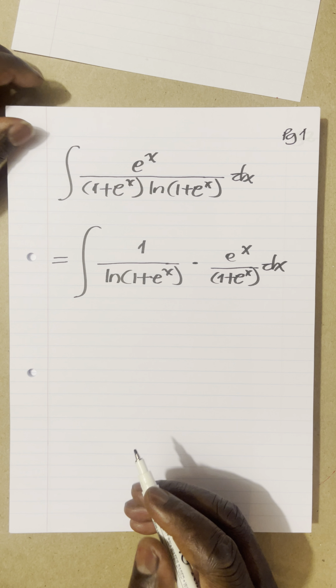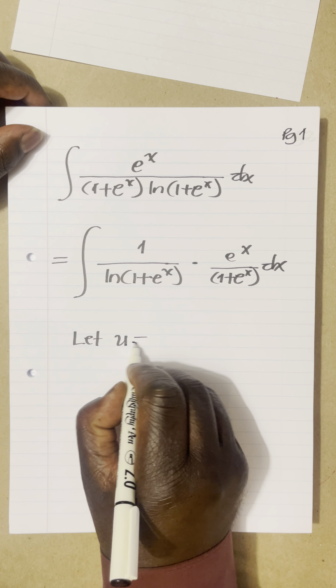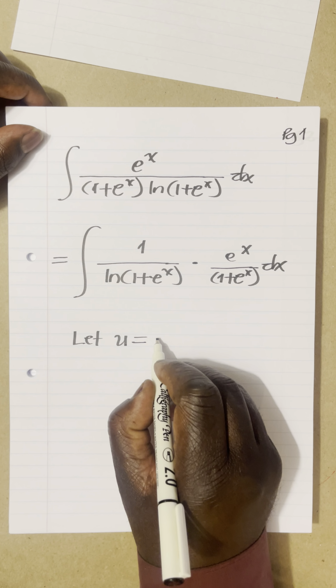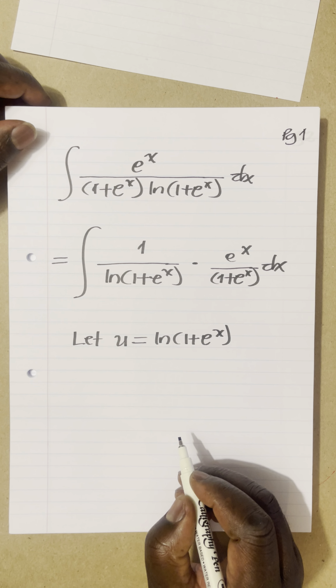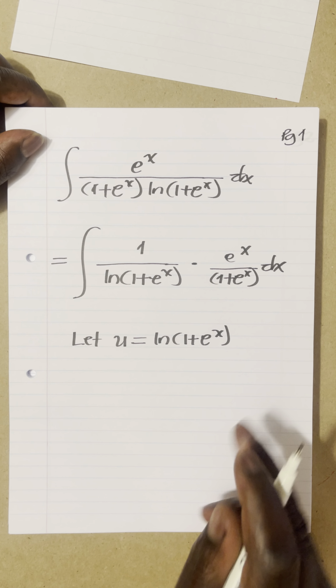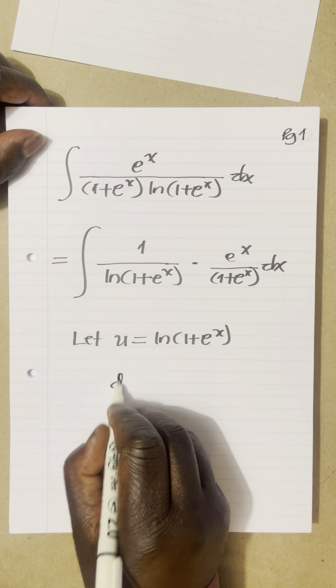Now u substitution should come in. So we're going to say let u be equal to the natural log of 1 plus e to the power x. Now, at this point, we have to differentiate both sides because we want to have an expression in terms of dx. Now, du dx,